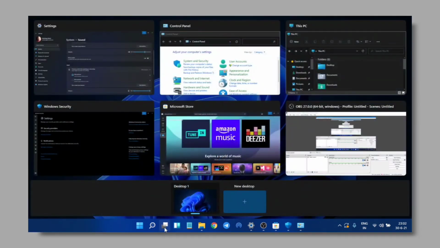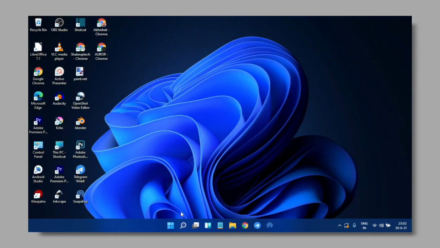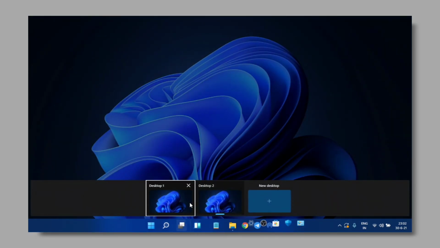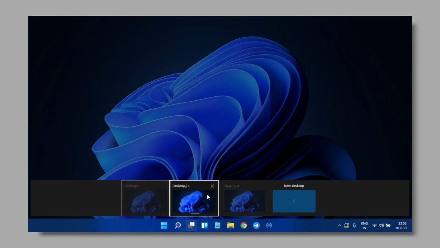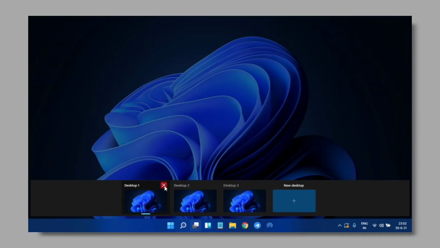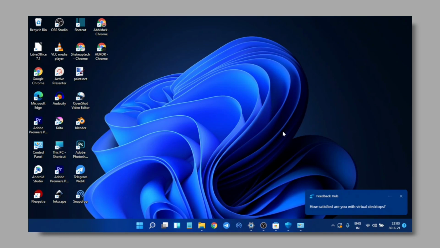Okay, this one also I'm going to show you the task menu. You can see it looks so fantastic. So you can have multiple workspaces. On one desktop you can do your work, and on the second desktop you can be enjoying multimedia. So it has a lot of usage, and it is really easy to create multiple desktops, and they have made it very easily accessible as well. If on one desktop you are using a lot of apps, you can create another desktop and it will be clean, no apps running. So that is really neat, and they have worked quite a bit on it.